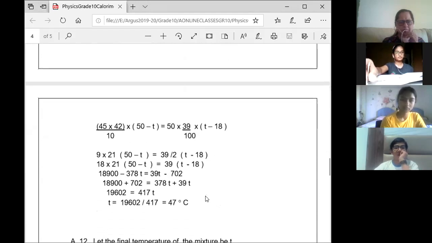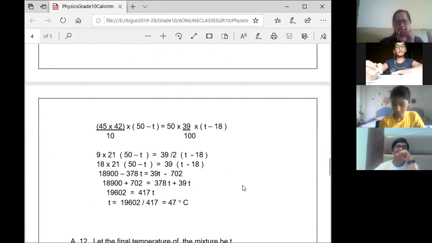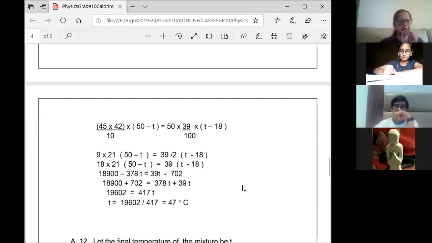I think I explained to you how the equation was solved on that day. When you solve this, it is just a linear equation. You will get T, the answer, 47 degrees Celsius. You should know how to solve the linear equation. So you will get the answer as 47 degrees Celsius, and this is the final temperature of the mixture. Fine. Now, one more sum I will do after this. Most of the sums from this exercise are done.